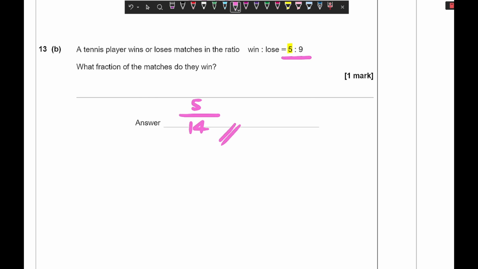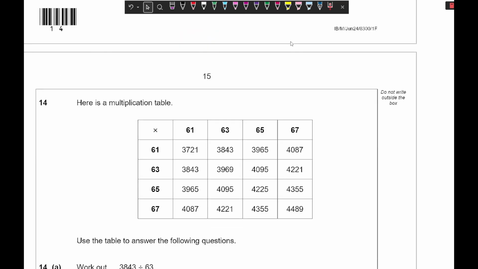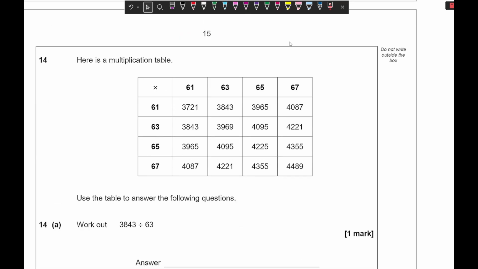No. So my answer then is just 5/14. Moving on to question 14, it says here is a multiplication table. It says use the table to answer the following questions. So for this, it's asking me to work out what